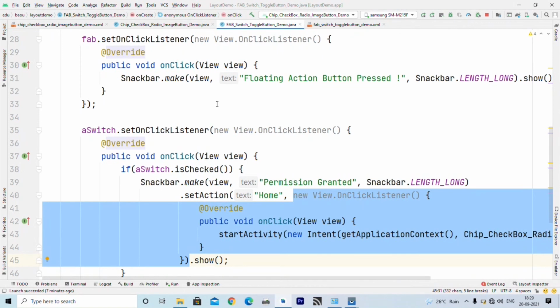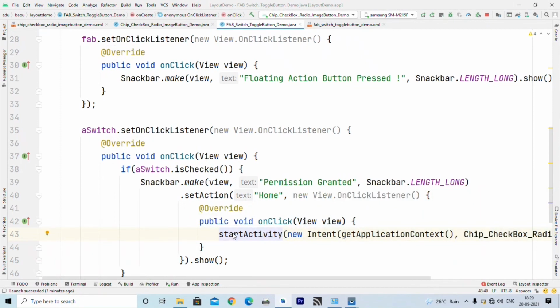This part specifies the action. So if I write new View dot OnClickListener, again the on click method will be there which actually specifies my action. So inside on click I write start activity, to start another activity using intent.